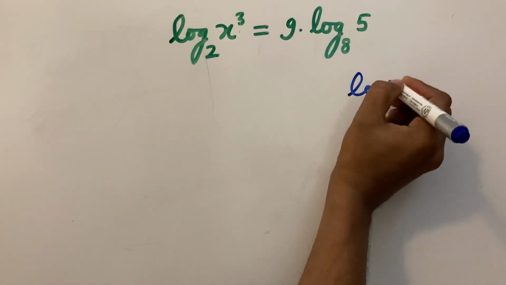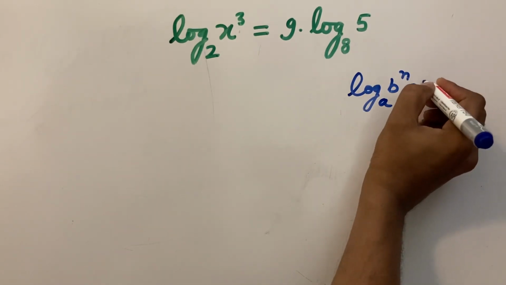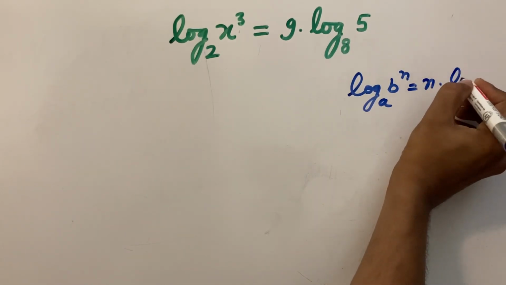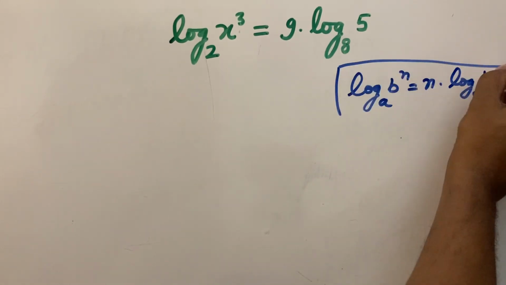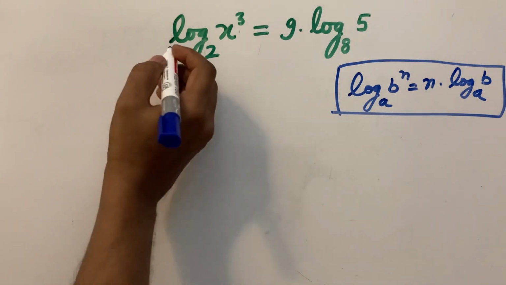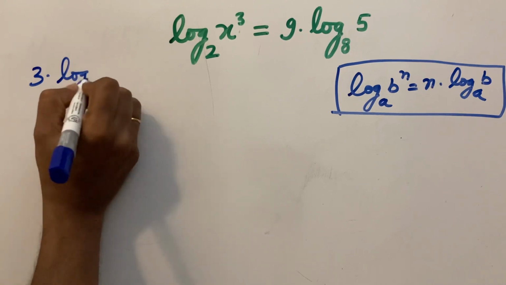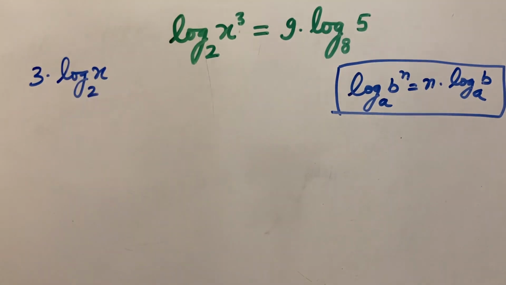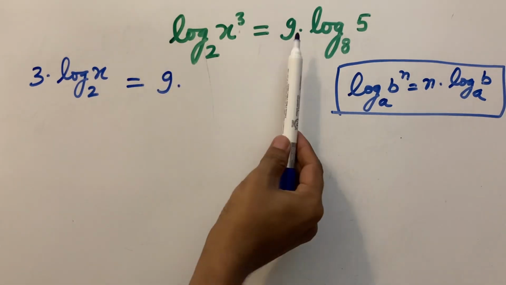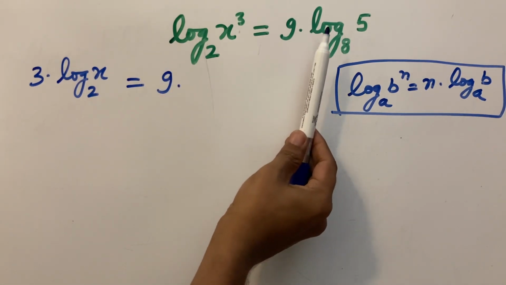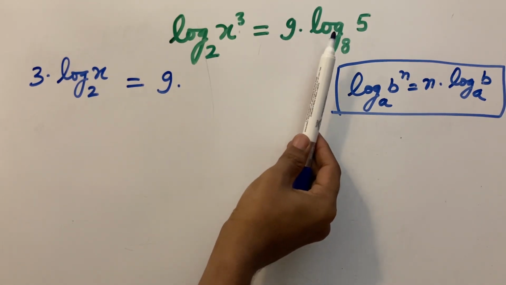log b to the power n base a is equal to n multiplied by log b to base a. So this simplifies to 3 log x to base 2 equals 9 multiplied by log 5 base 8. Here the base of the log is 8, so to simplify this question we are going to change this base from